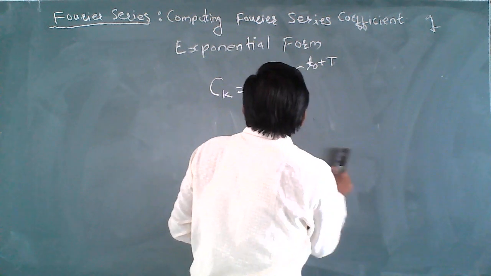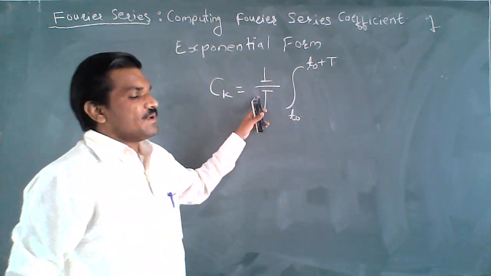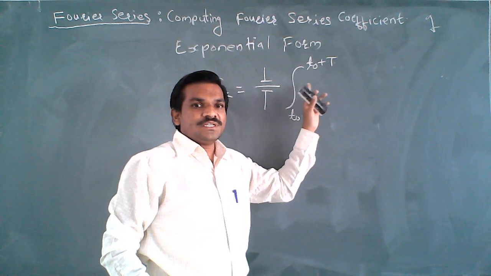So Ck is nothing but 1 by T, integration from t0 to t0 plus T